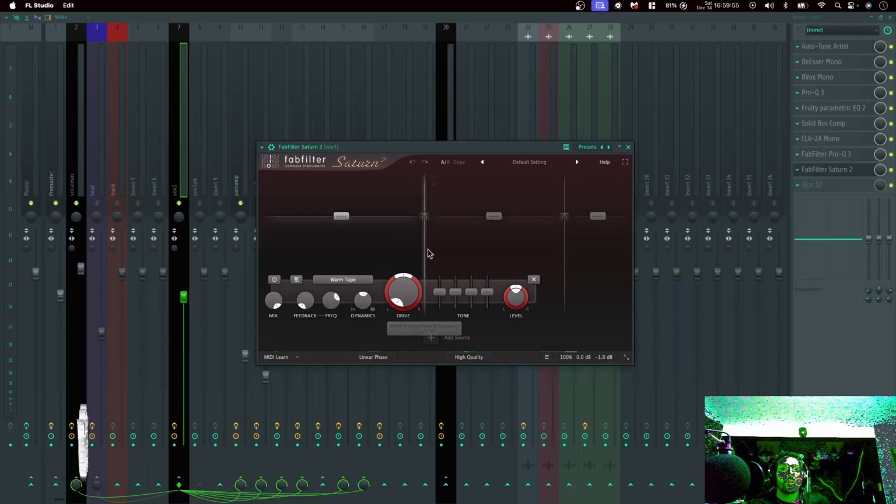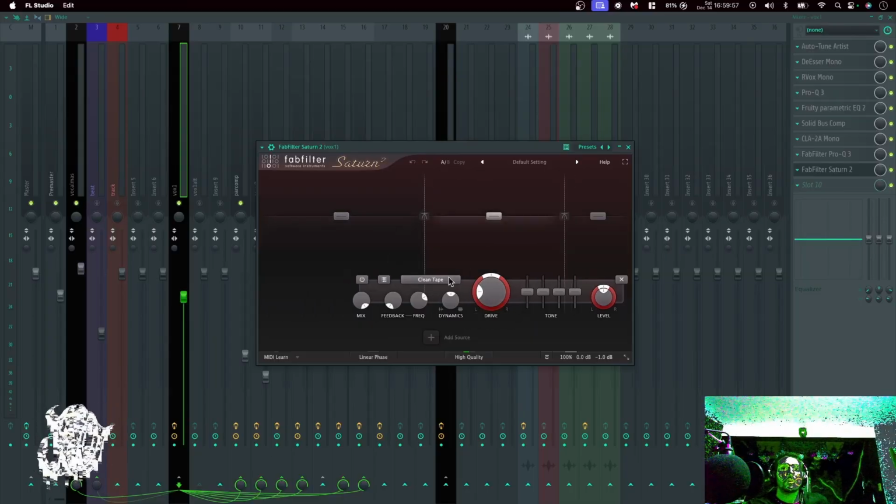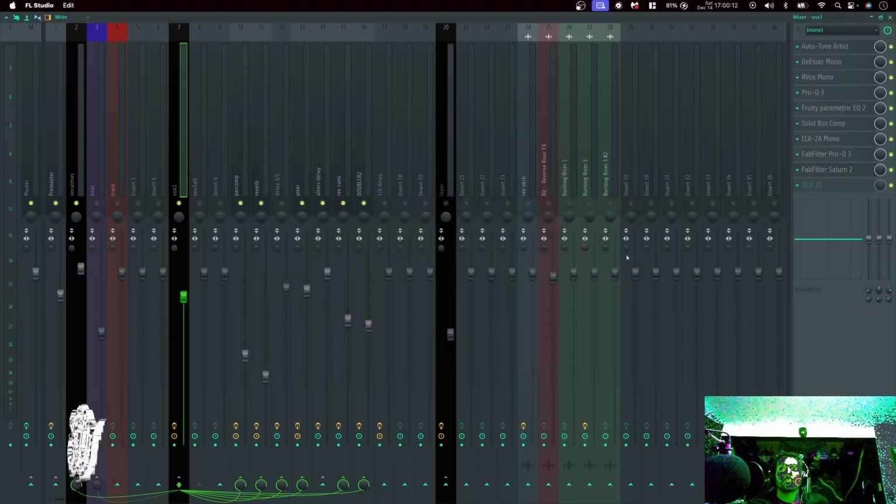For a lot of this project, we're trying to really focus on the mids. Clean tape, simple Saturn II preset, driving at 20%, 100% gain, and a little bit of clean tape on the highs to 15.58, which in retrospect I probably didn't need because with just this vocal alone,